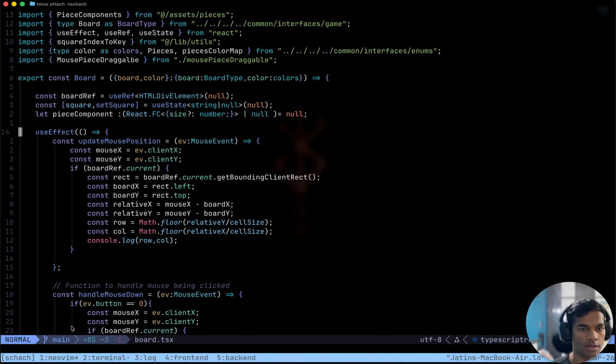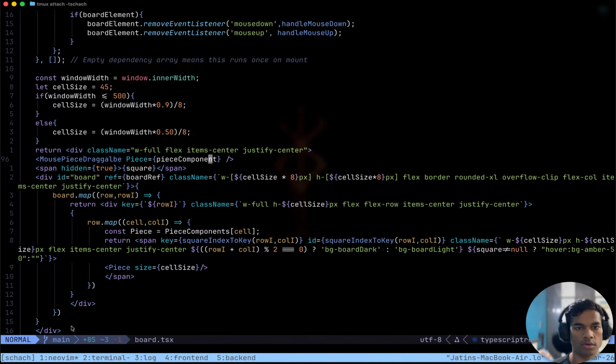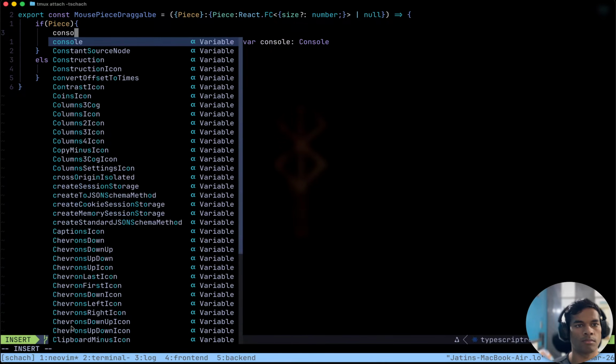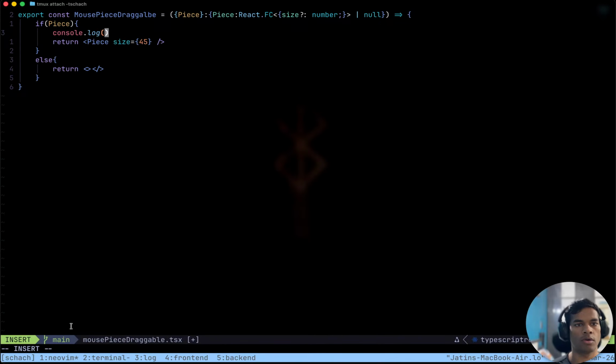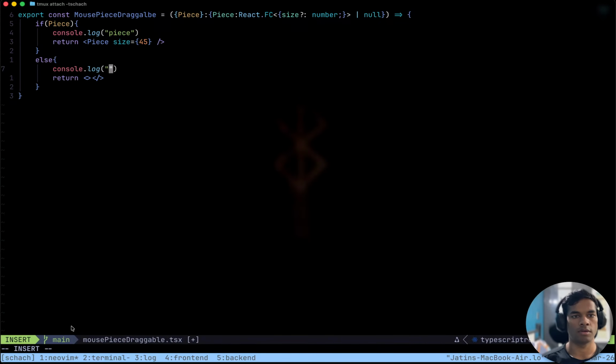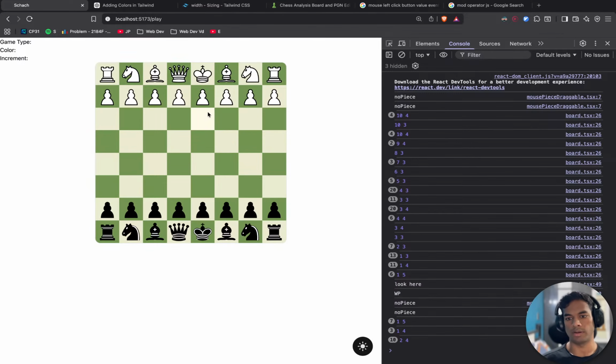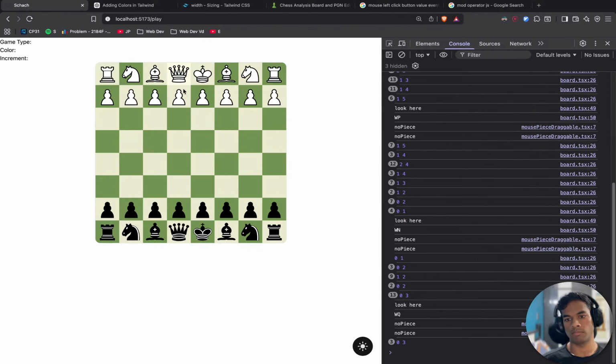Let's make this thing also. Wait, what? Where are we? Here, mouse draggable. With this thing, then console.log piece, and with this, then no piece was printed. No piece.